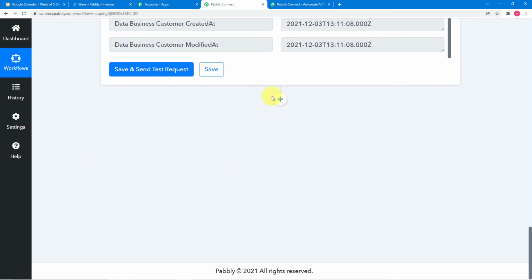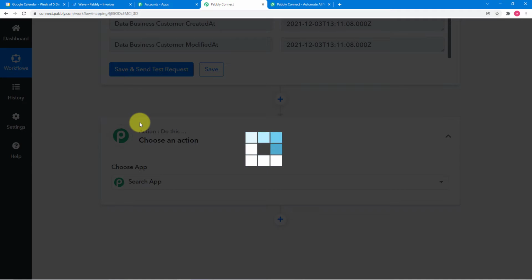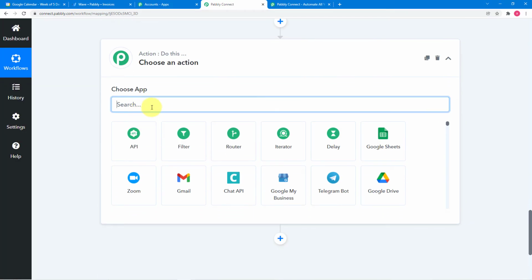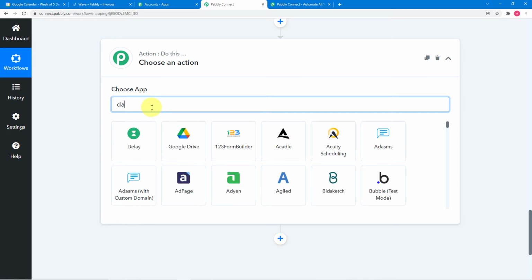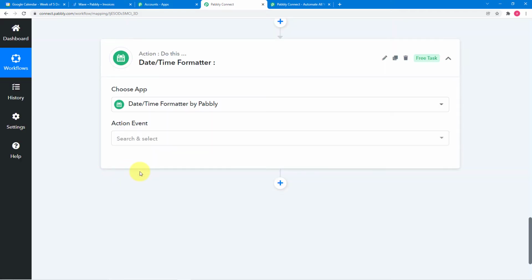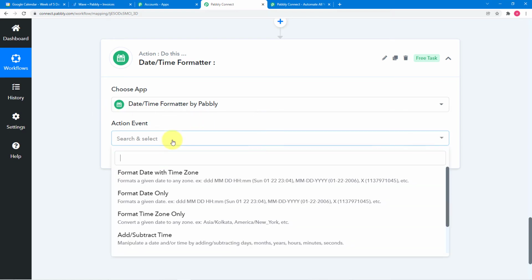So for that, click here on this plus icon, and from this actions tab, you have to choose the feature of Pabbly which is called date time formatter. So with the help of date time formatter by Pabbly, we can convert the date from UTC to IST, and it also has many features like this, you can see.